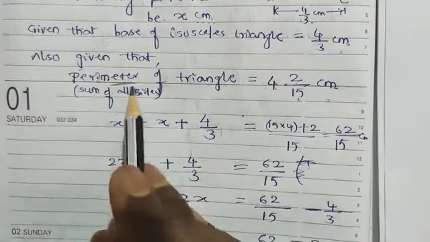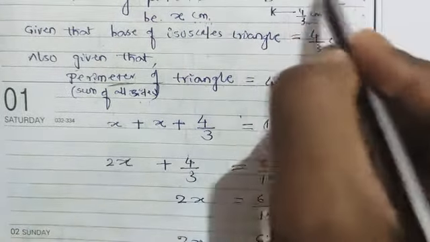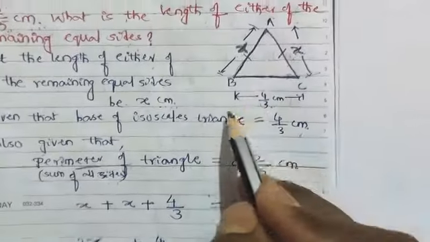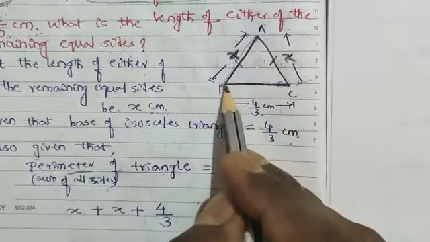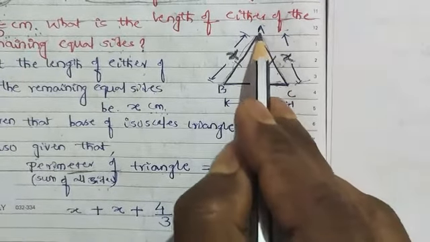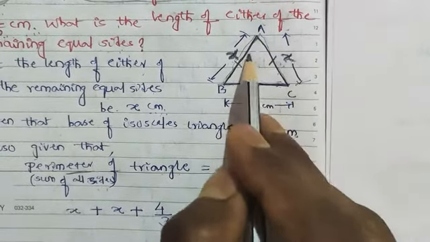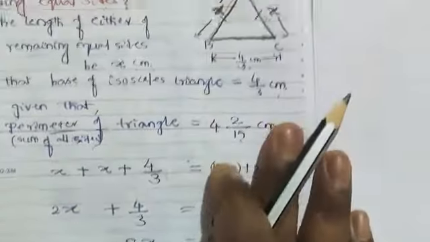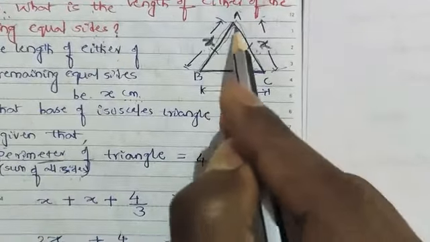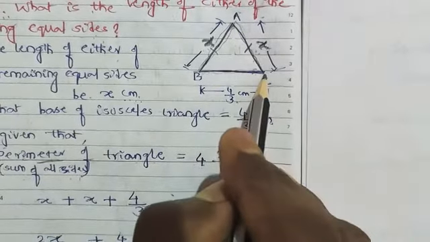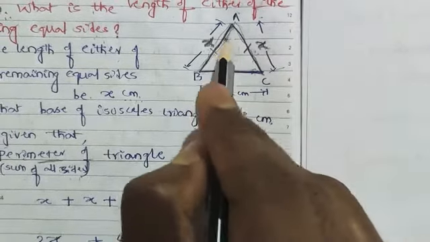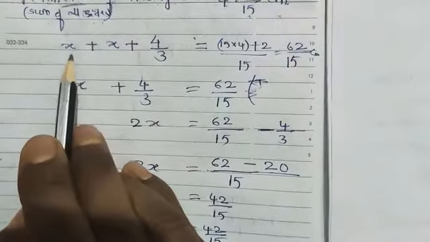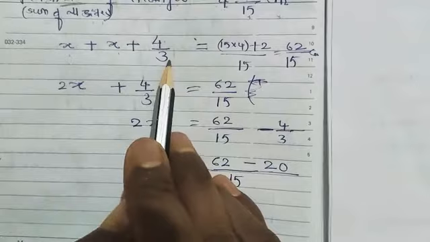Perimeter is nothing but the sum of all sides. Here, the sum of the 3 sides' lengths. If you do AB plus BC plus CA, this is nothing but the perimeter of this triangle. So the sum of all sides: here to here x, here to here x, and here to here 4/3. Sum means addition. So this length plus this length plus this length. That only we are writing: x plus x plus 4/3 is equal to